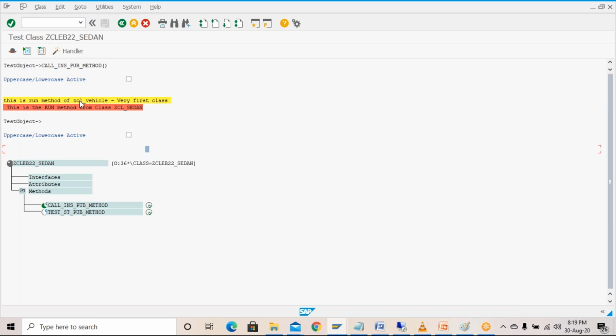This is the run method of the JCL vehicle. The very first class is getting called, and this is the run method from class JCL sedan, and the second time this is coming. Once again, just go back. Okay,